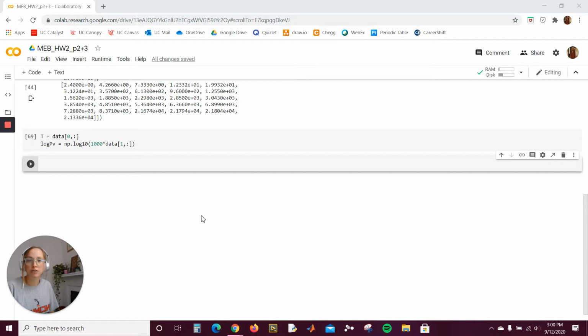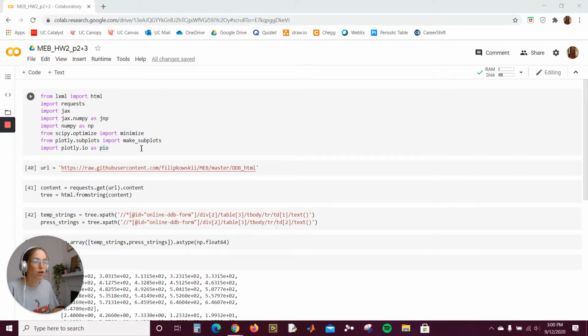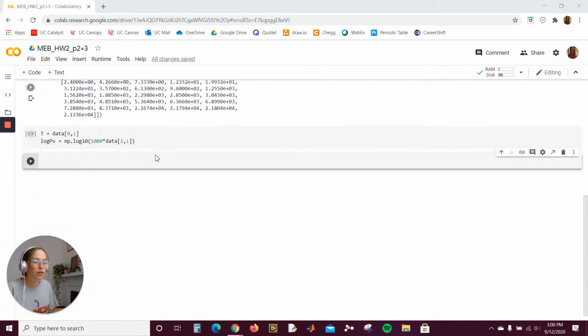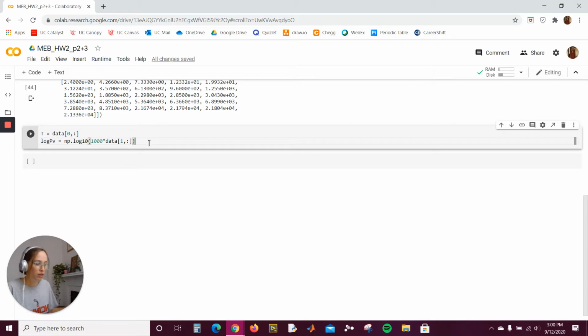It's the log of vapor pressure is equal to A minus B over C plus T, temperature, where A, B, and C are parameters, they're constants that are associated with their specific substance. So in this code, we will be able to fit our data to Antoine's equation by finding these parameters. Alright, so as you can see, we've got all of this stuff still from part 2, and now we're going to continue on